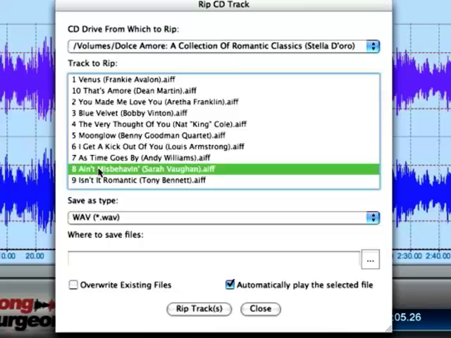So there you can hear that it is playing. So obviously if it was a generic track number 8 and you didn't have any idea that the song was Ain't Misbehavin', this gives you a chance to preview the audio and decide whether or not that track is of